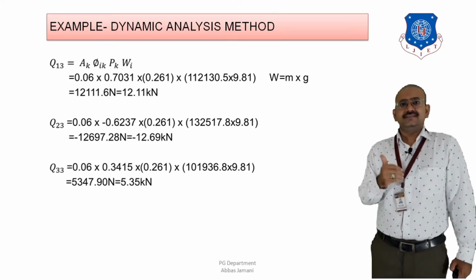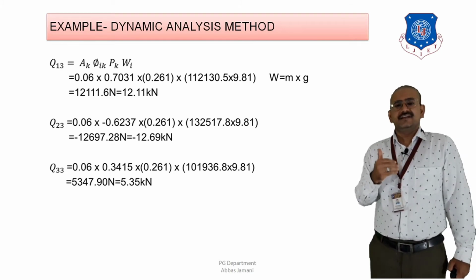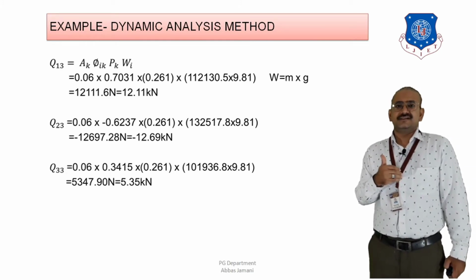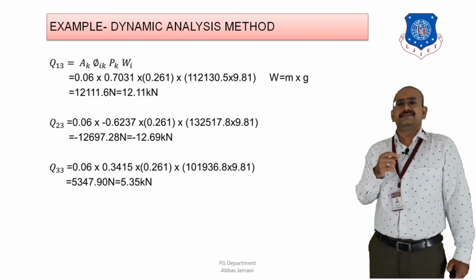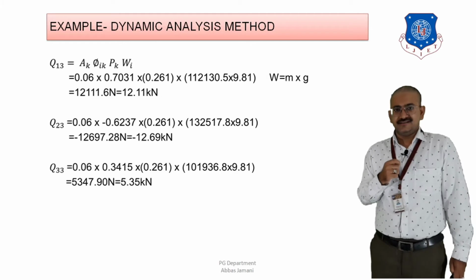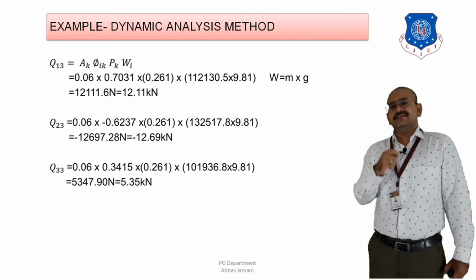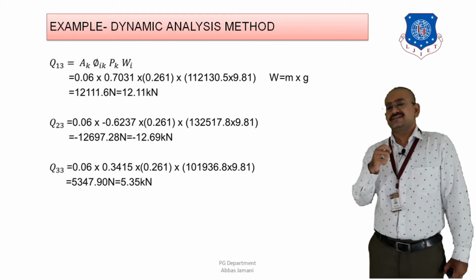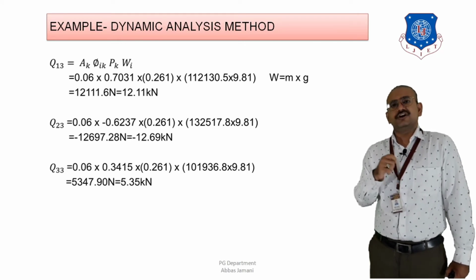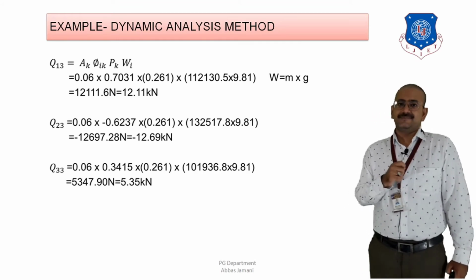Now one thing we need to keep in mind for the calculation, or need to observe after this calculation, is that depending on the value of time period, the value of lateral forces has changed. How have they changed? Let us look quickly. If I talk about time period T1, then the value was in the range of 0.75 seconds. Then for T2 and T3, the value is in the range of 0.25 to 0.3 seconds, right?